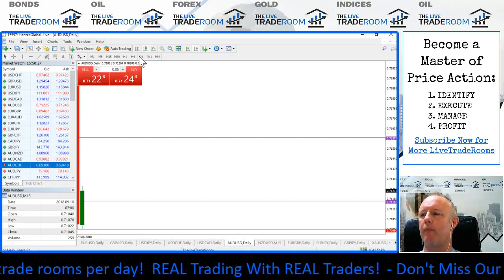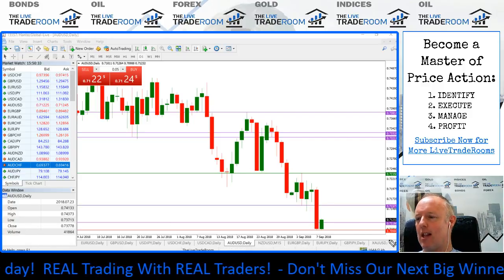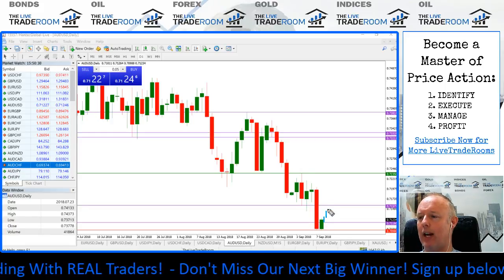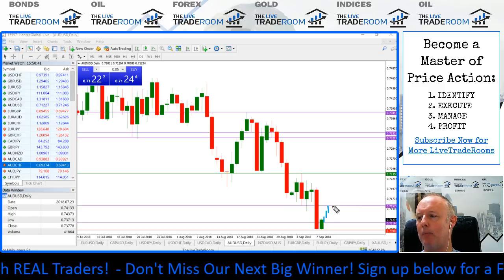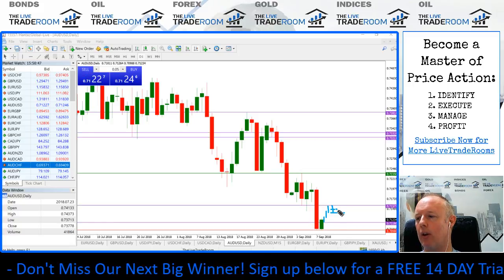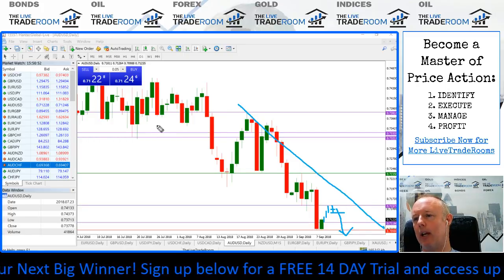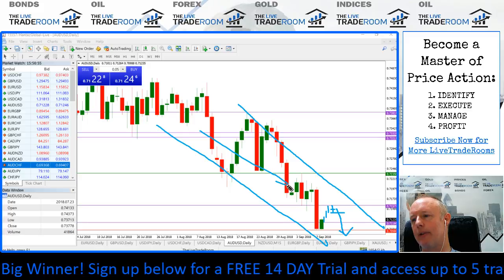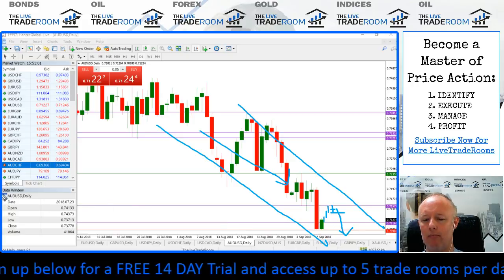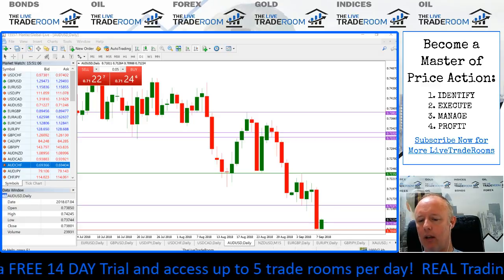And what something like this can do, and you often see it, is that even if you're nice and patient and you're allowing this market to pull back, it can give you a nice little doji candlestick, which we can monitor the low, and we can capitalize on the next move to the downside. It would be in keeping with the movement of the trend, which is to the downside. So this movement to the upside is not of major importance to us. It's the next leg to the downside that we'd be interested in.